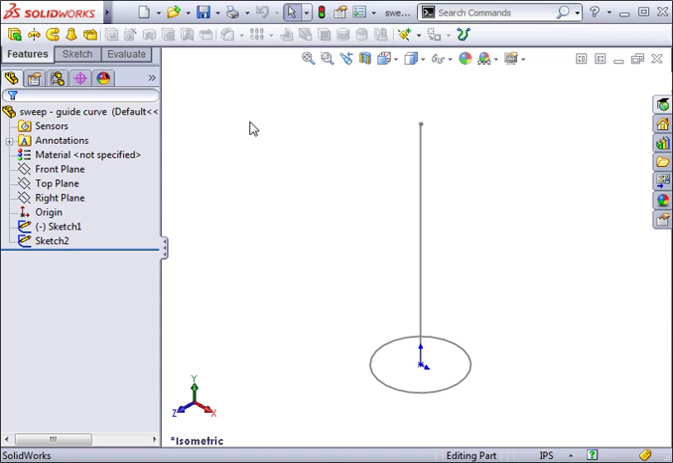Guide curves used with the sweep feature allow you to vary the size of the profile as it is swept along its path. Let's take a look at a simple example of this. Here I have two sketches, a circle sketched on the top plane and a vertical line sketched on the front